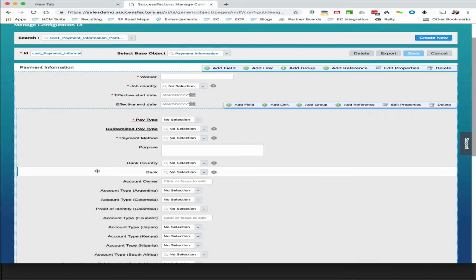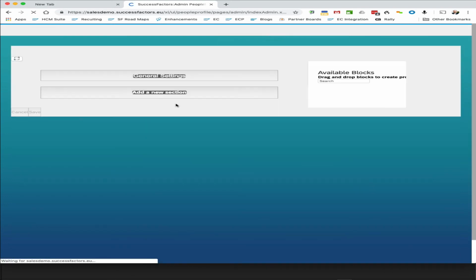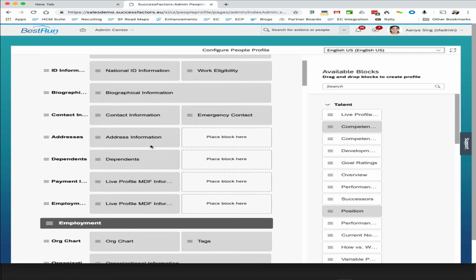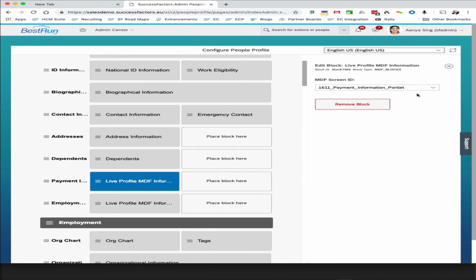Instead of us maintaining this on this field on this screen, what we do is we actually maintain it on the people profile. So if I go to configure people profile, you will see that if I go to payment information, and click on live profile MDF for payment information,